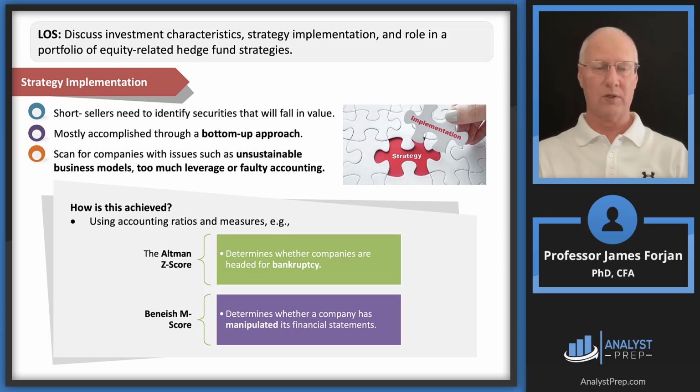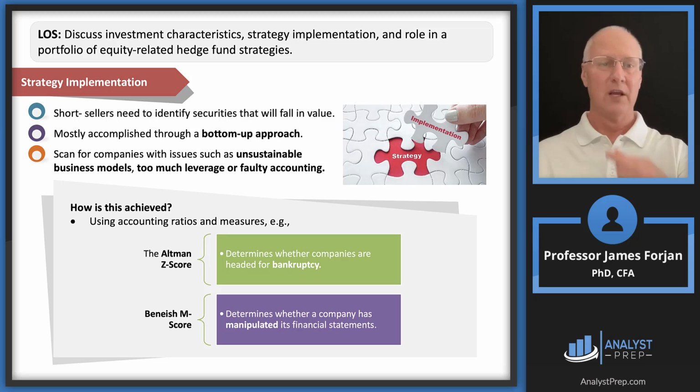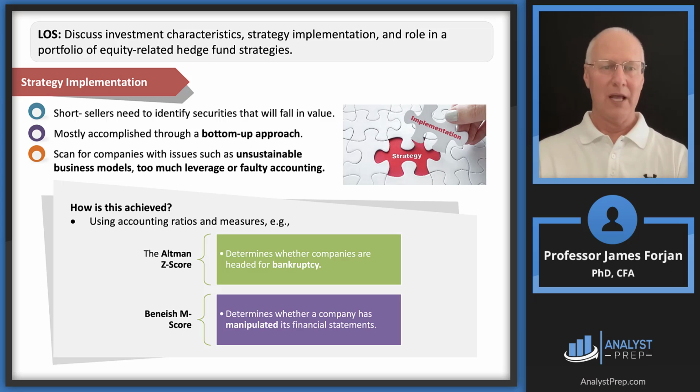So there's the Altman Z-score, which is a measure to determine whether companies are on solid leveraged footing, or are they in financial distress, or are they headed for bankruptcy. So you can use that Altman Z-score. But then down at the bottom in the purple, this Beneish M-score, this is a really, really cool thing. This model uses 8 variables that you can get from the financial statements. So you could do this right now. In fact, you could do a search as you're listening to me, type this Beneish model in and type in Excel, and you can download a free Excel model, and you can just type in these accounts from the financial